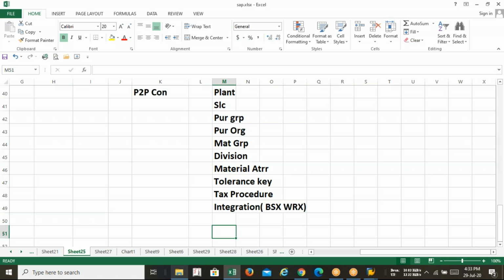So this time I am requesting all of you, just divide your task, say for example P2P, and mention the T codes. In P2P, how many T codes have you used? Try to recall. Because I am insisting you learn this: at the time of interview, if you are claiming that you know P2P configuration, the interviewer will definitely ask, tell me the material group creation T code.